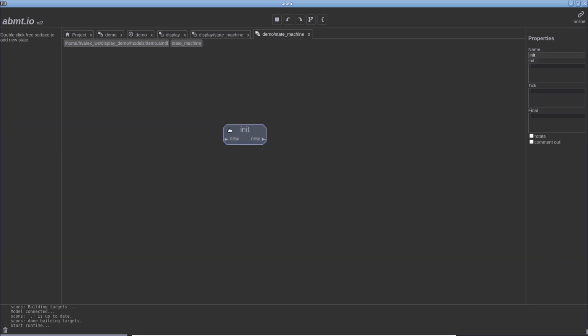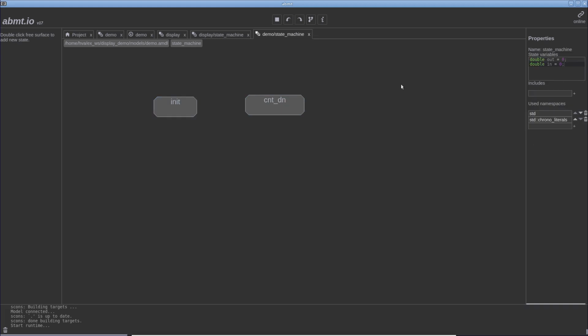So we have our init node. We always need this init node. We can add other nodes here. We call this one countdown. At the init, we set our output to 0. It's already 0, but we do it here, out 0. And we change immediately to our countdown state, and here in this countdown state we